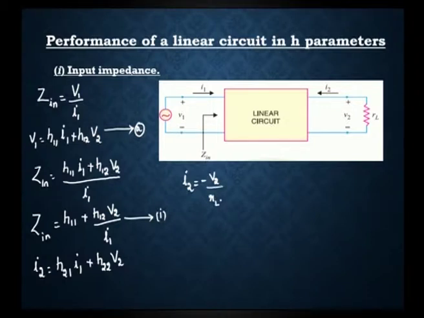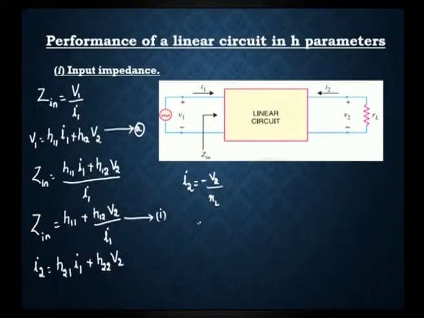Why do we consider the minus sign here? The current shown is the conventional current that we consider for a linear circuit, but the actual current flow direction is opposite to that, which is why we have the negative sign here. Now we substitute this I2 value into this expression, so it becomes minus V2 divided by RL is equal to H21 I1